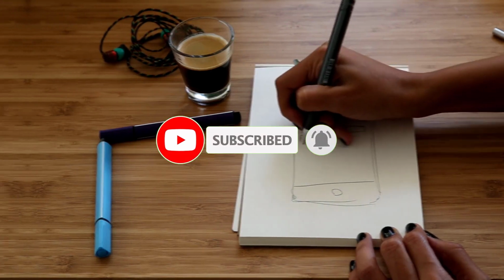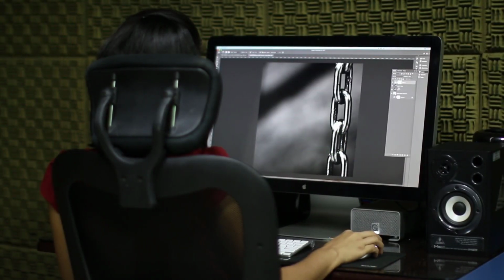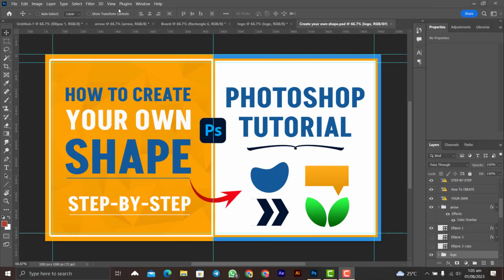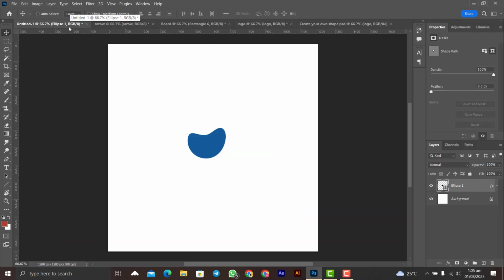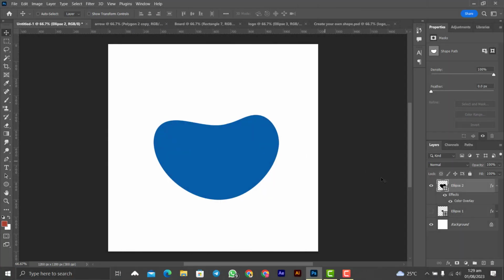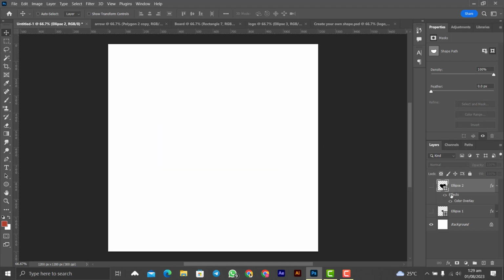So without much ado, let's get into the world of Photoshop. I'm about to show you how you can create these simple shapes. You are not limited to these shapes, but this tutorial is there to guide you so that you can know how to create your own shapes. It's a guide for you to create your own shapes in Photoshop. So let's get started. This one, let's first turn off the visibility by clicking on the eye here, and then